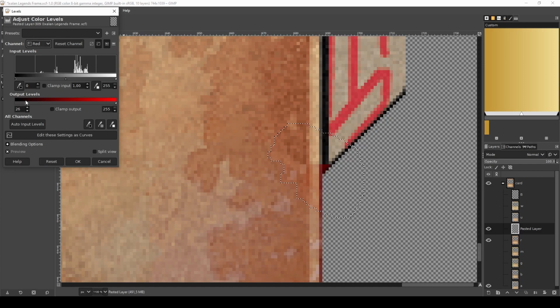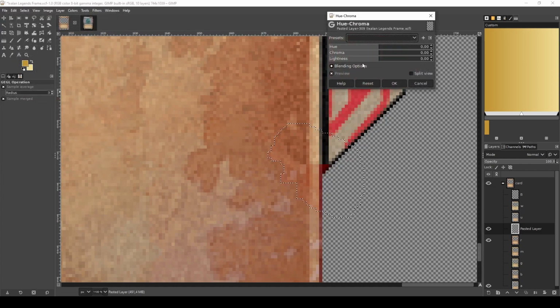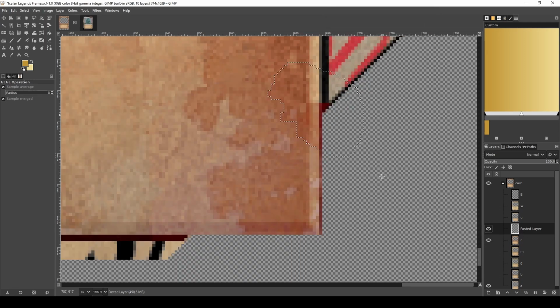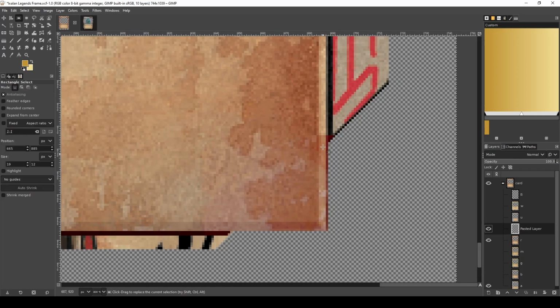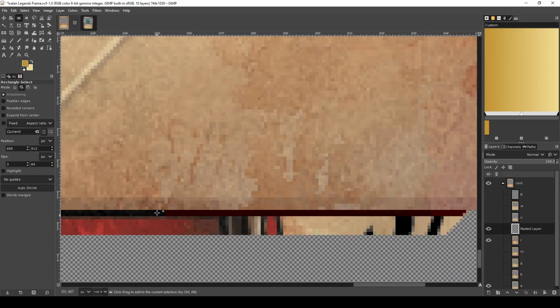Thank you, GIMP. Jesus. Alright. Something like that. Okay. That's pretty nice. Now in doing all this, we inadvertently increased the chroma of this part here and this part here,